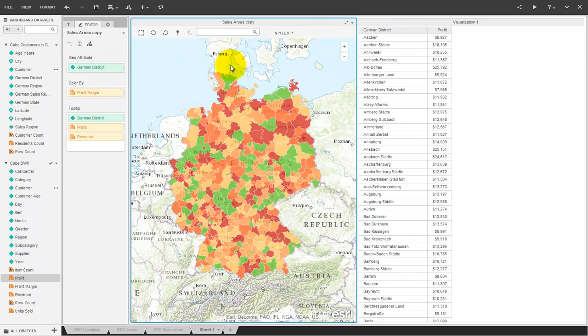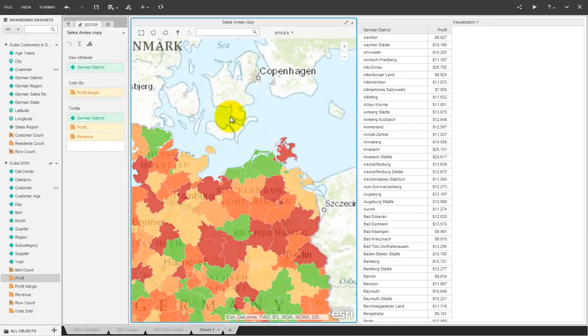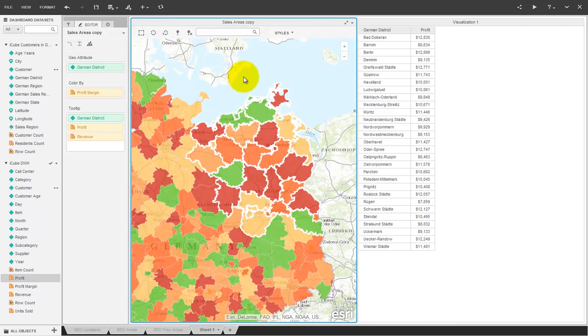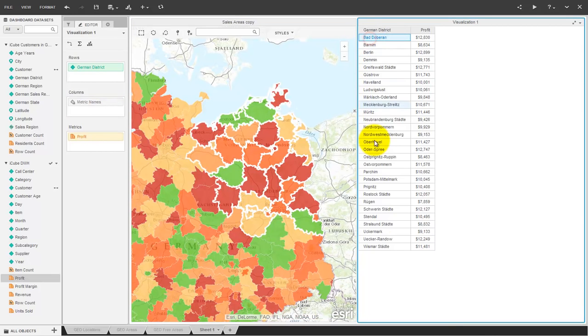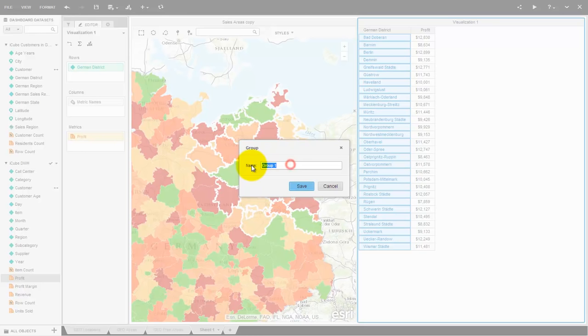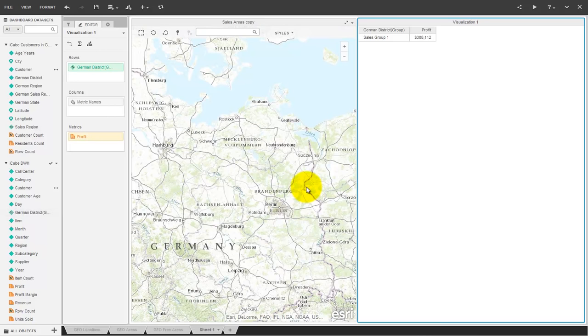And now we define our new geographic region that we want to reuse later. We use the lasso selection tool for this process. In the next step, we define a dynamic group for these items and give them a name. After this definition, MicroStrategy 10 offers a new attribute for this dynamic group and the items that are not part of this group. We can define more groups if we like, and we can use this dynamic group just like